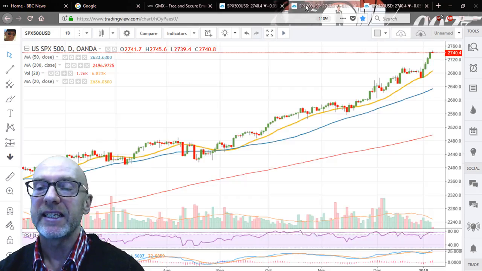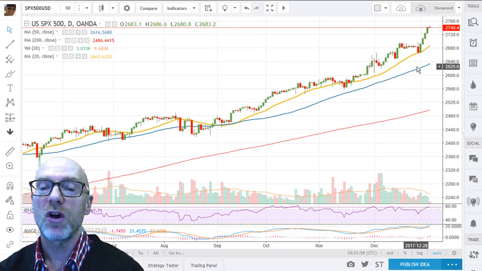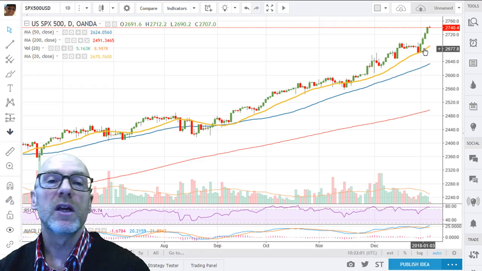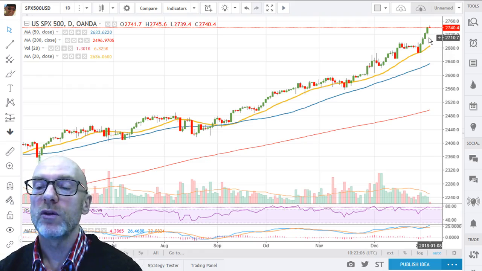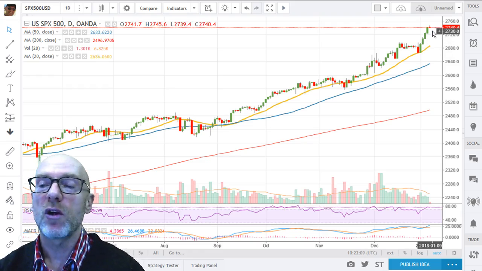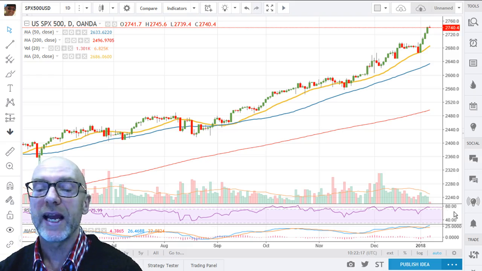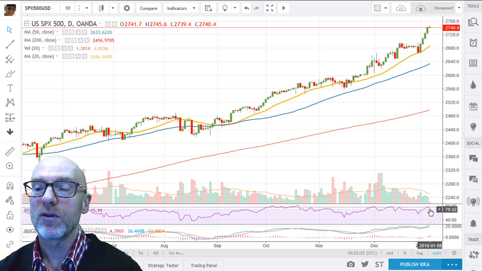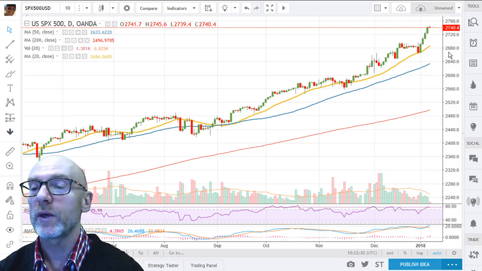Looking at the daily picture, again you can see that we did have a bounce off the 20-day moving average over the Christmas period. Strong move up. It's slightly looking overextended at the present level. You can see that the RSI is just below 80, 75.99, and is at a very high level, and at levels that we've seen it pull back previously. Again, the moving average would give support. The 20-day at the moment,